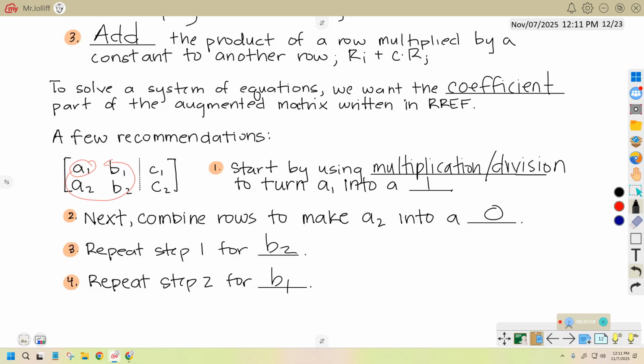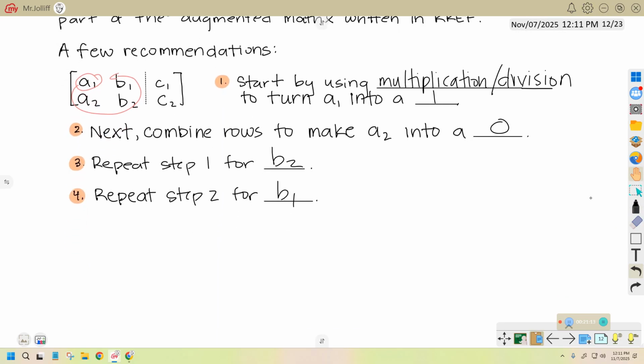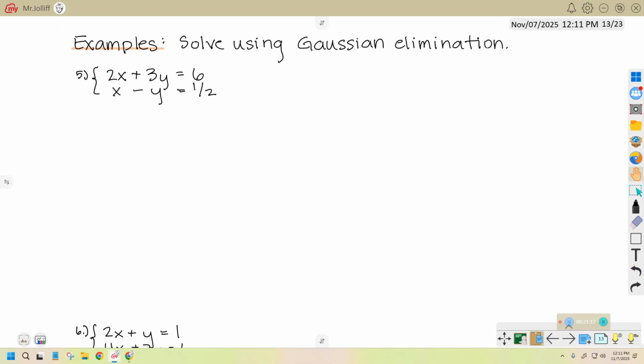I think once you see it, it'll be less scary. Yeah? So I need you to take a deep breath. Right? You guys can do this. We'll do it together. We can do this. All right, did I put examples here? No, examples on the next page? Yeah? Okay. All right, so